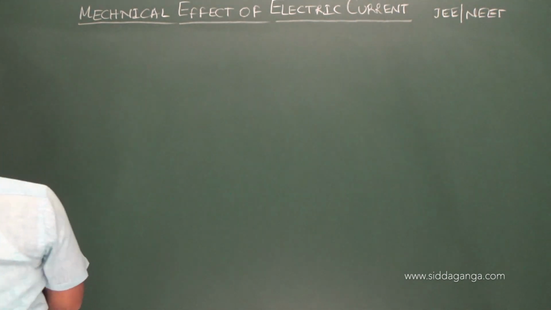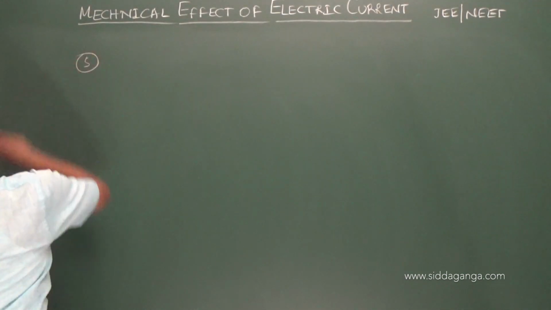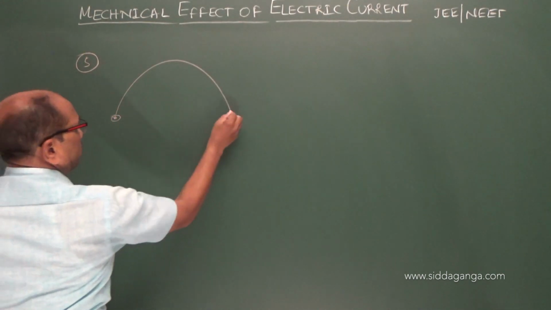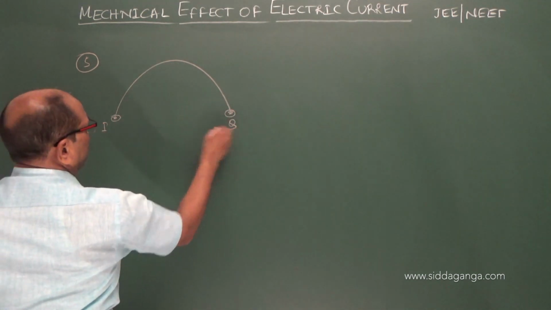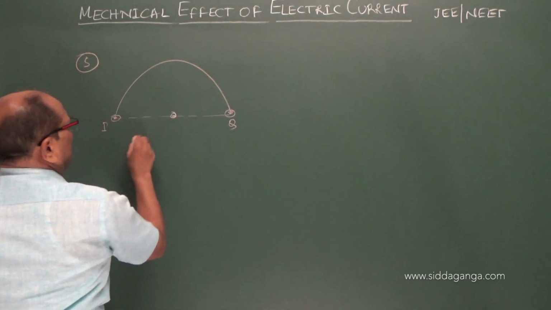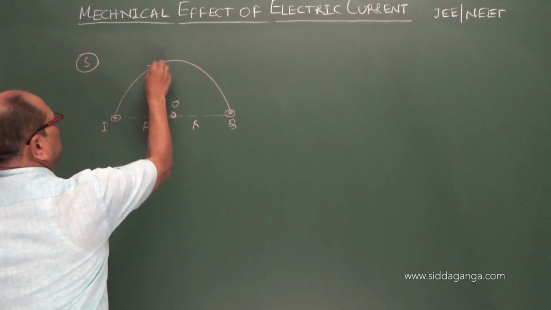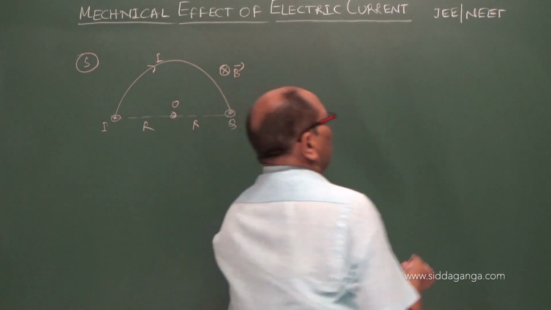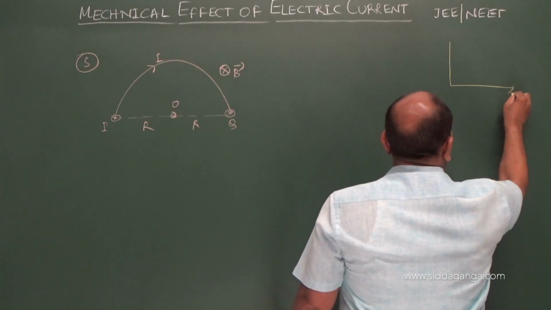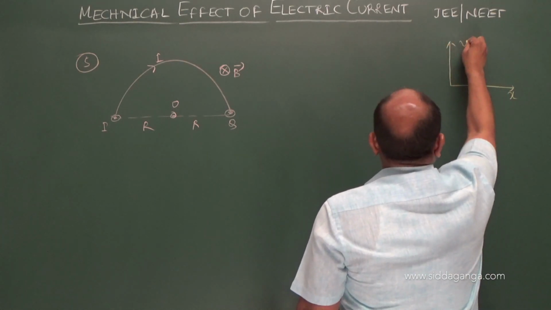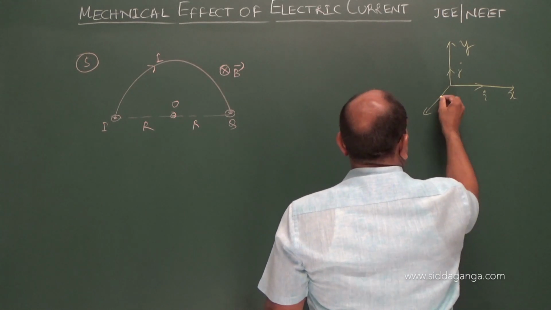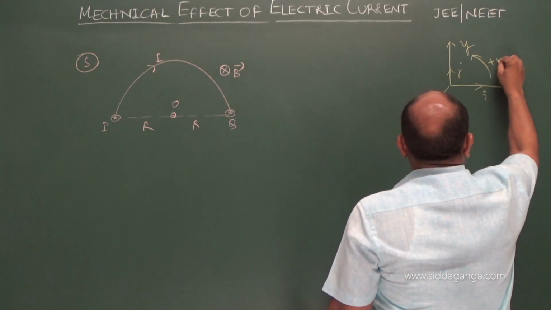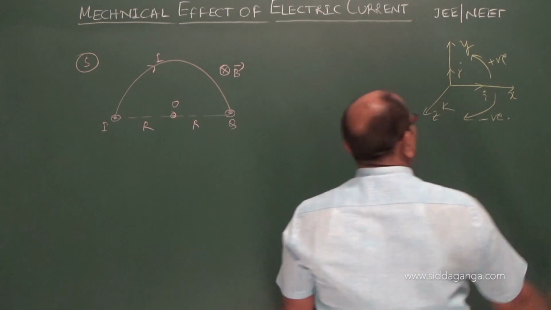So, taking the earlier case, let us see what is the direction of the force in that. The semicircle, with points P, Q and O, this is R, the current carrying is I, the magnetic field is B. For convenience, I write once again: x is i, y is j, and z is k, positive and negative.